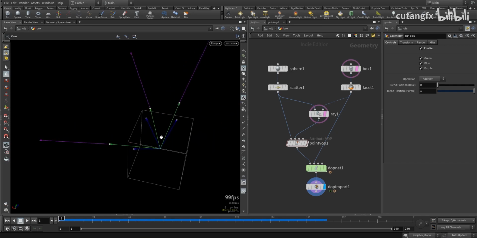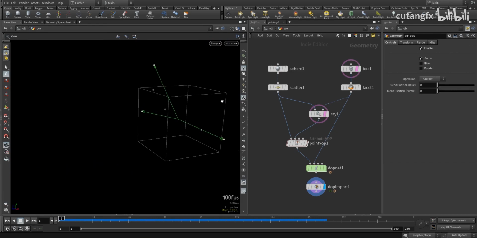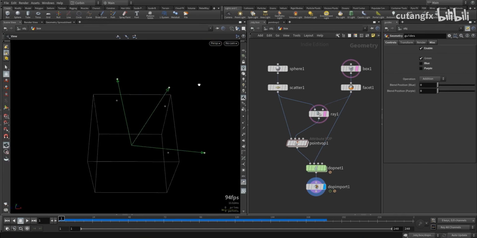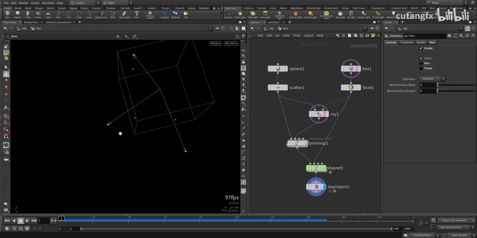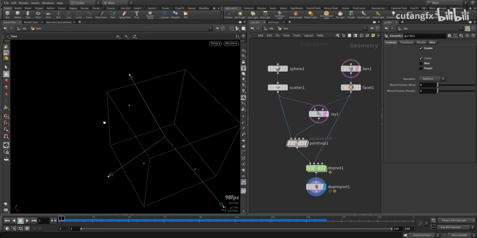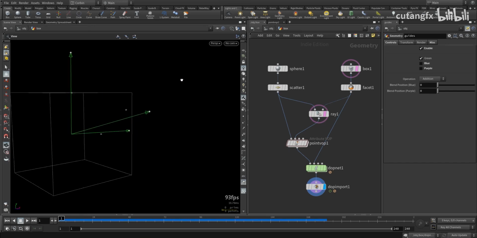All right. Now this is not what we wanted. What we wanted ultimately was to get it to go toward the box. I mean, maybe if you do want it to move away from the box, this is a perfect way of doing it. But we want to say, I want you to get towards the box. So we're using the ray to determine the location we want it to end up in, but we also want to get there not instantly like the ray does, but we want to simulate it. We want to see frame after frame how our particles move towards and eventually collide with our box,